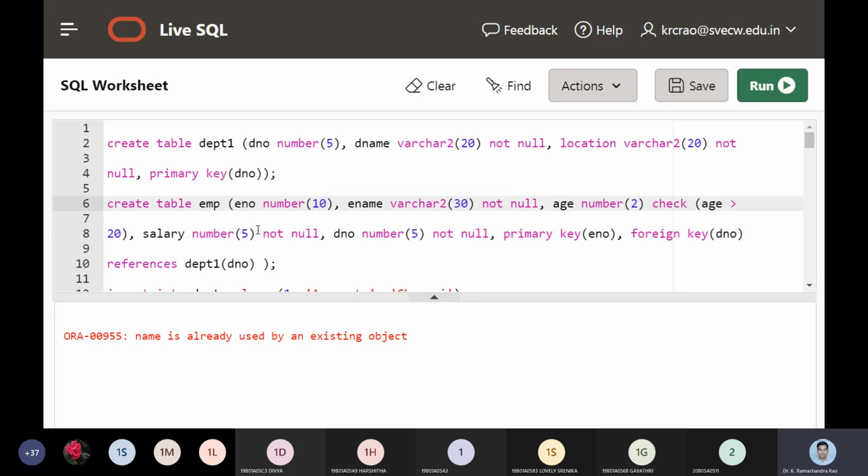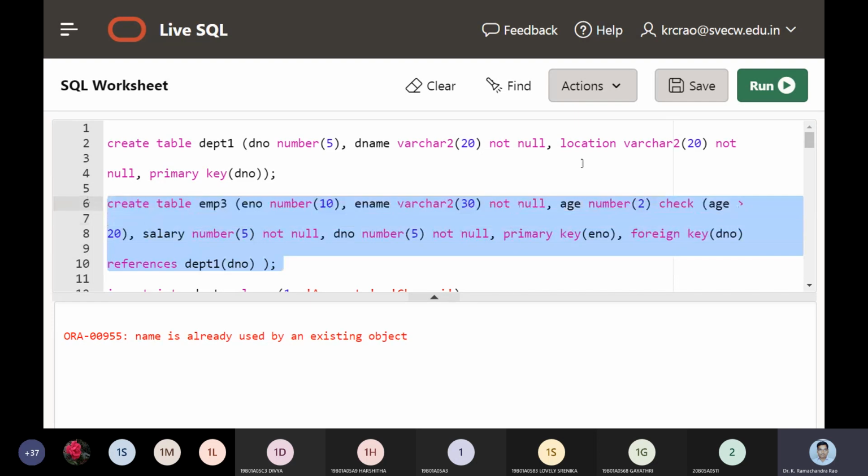Employee 2 is also taken up, referencing department number. So I will hit number 3. Just see whether employee 3 is also there. Yes, so now you can remember or memorize this.